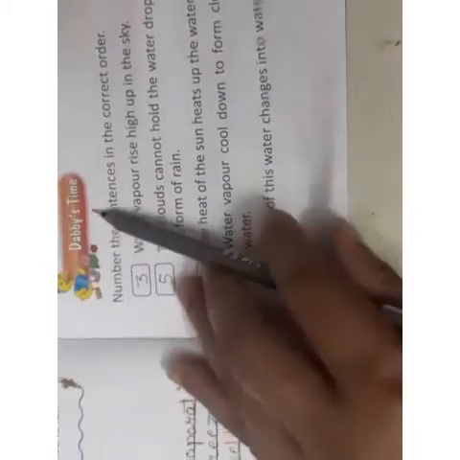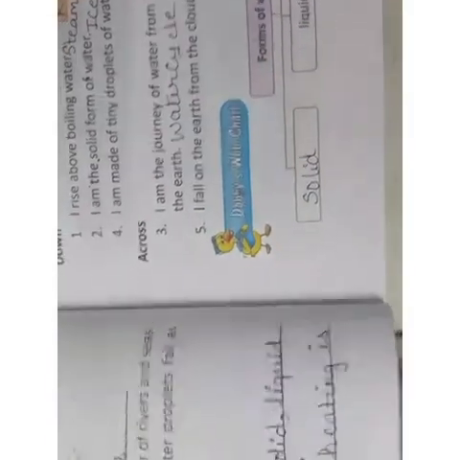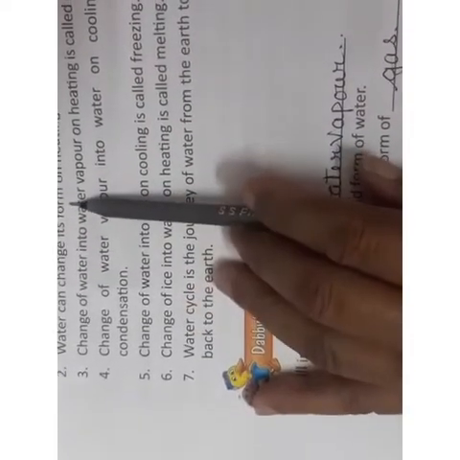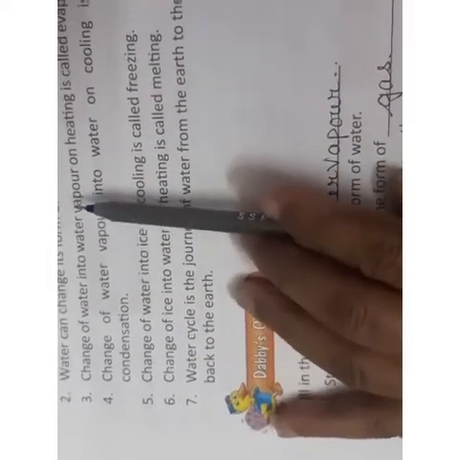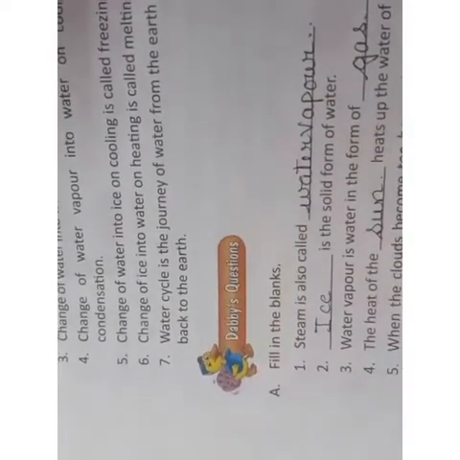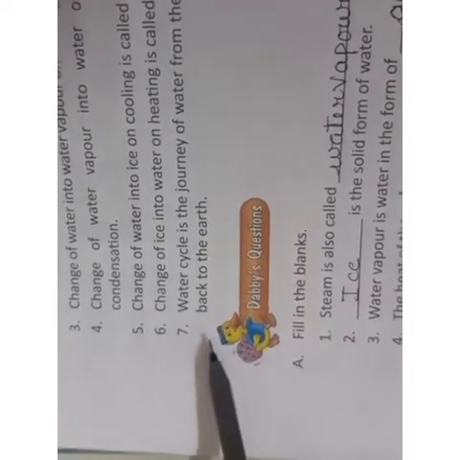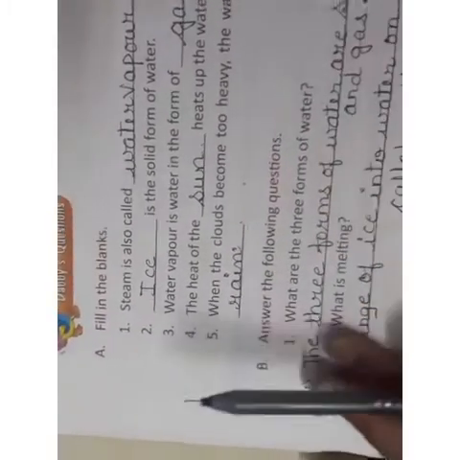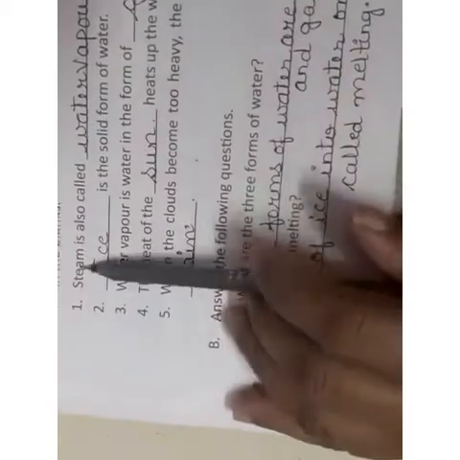Now we move on to page number 75. First on 75 is your recall with Tabby. That means the entire gist of the lesson that we have studied: what are the different forms of solid, liquid and gas, how water changes its form on heating and cooling, what is condensation, what is evaporation, freezing and melting, and what is the water cycle. That is all given. If you read these 7 points, then also you will come to know what the lesson is all about. Now it is your exercises, Tabby's questions, that is fill in the blanks.